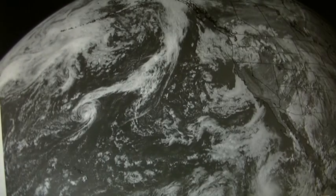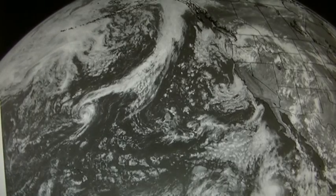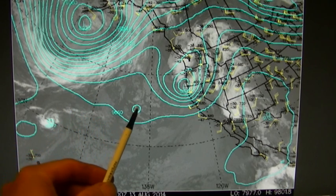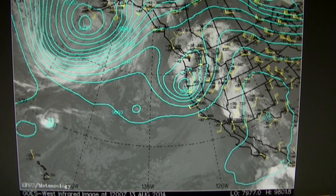Let me show you the jetstream map. Okay, so this is the jetstream map when Julio was still existing right here. They show it as a little low pressure here. Well, Julio was more than likely to drift up this way, get caught in the jet stream, and then be pushed over to California, bringing drenching rains to Oregon, California, Nevada, all these places where they're buying up the private